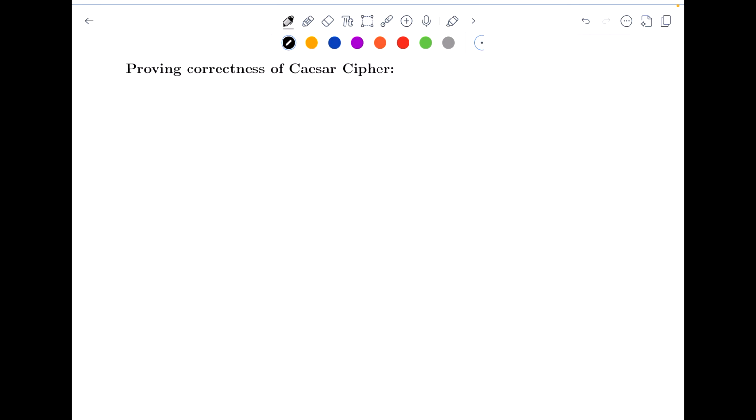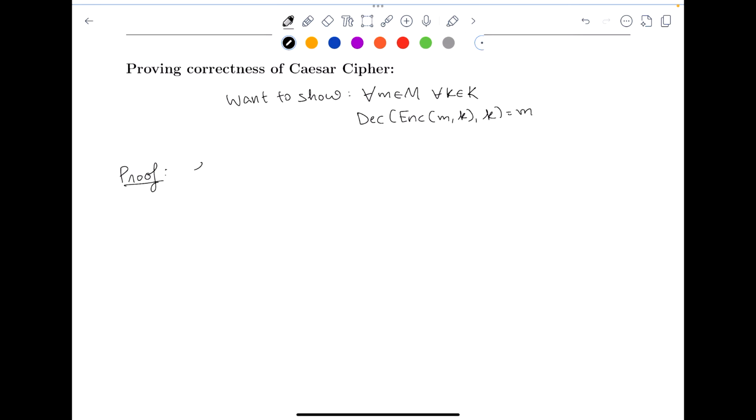So remember that with proving the correctness, what we want to show is that for all M in the message space, for all K in the key space, decrypt of encrypt of M and K with K is going to give me back the original M. So let's say proof, and we say let M be an arbitrary string,